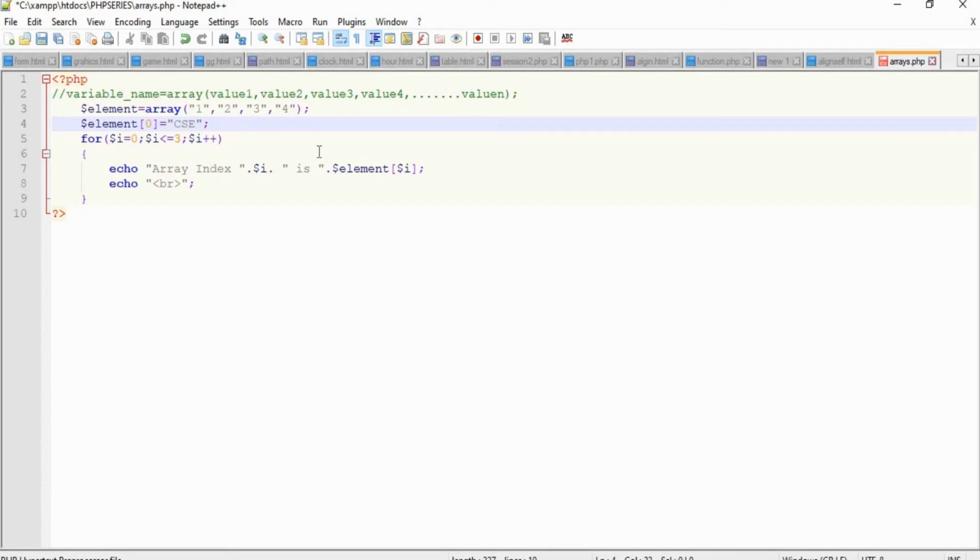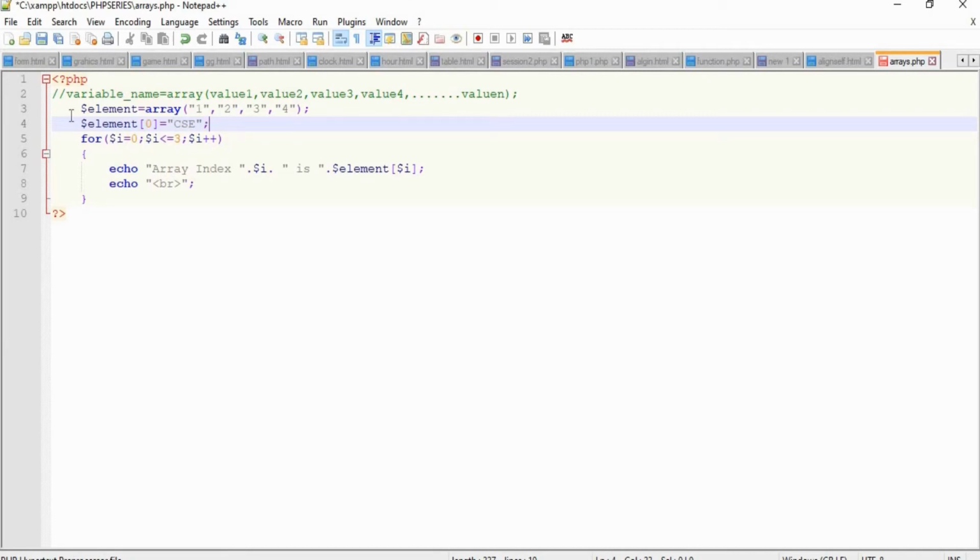So another type of array is associative arrays. So associative arrays are nothing but arrays which are associated with key value pairs. For example, again take a product from a supermarket. So when we take a particular product from a supermarket, immediately we will look at the price of that particular product. So here each product is associated with some particular price, right? So we can consider the product to be the key and price to be the value, right?